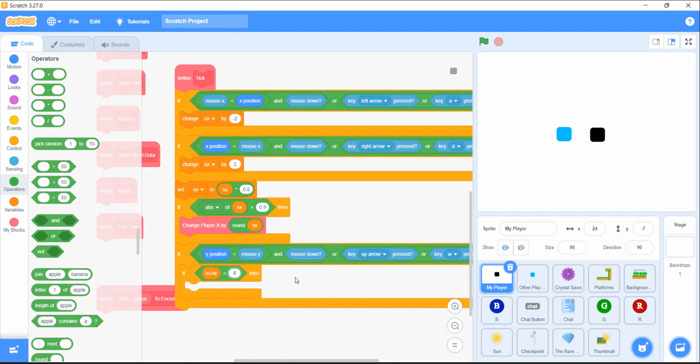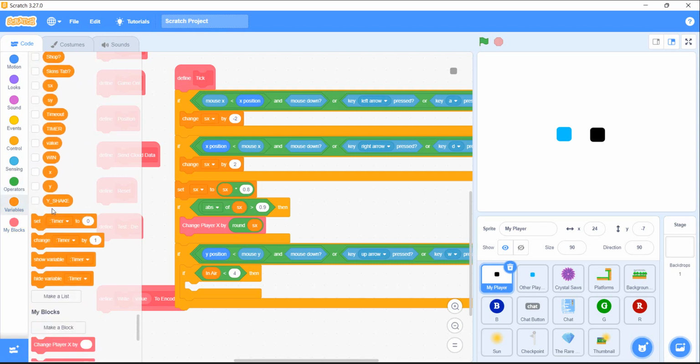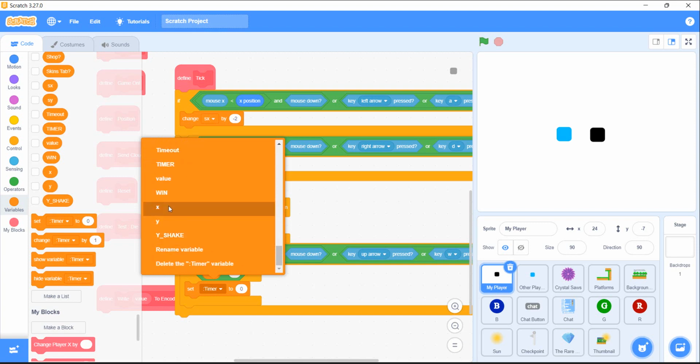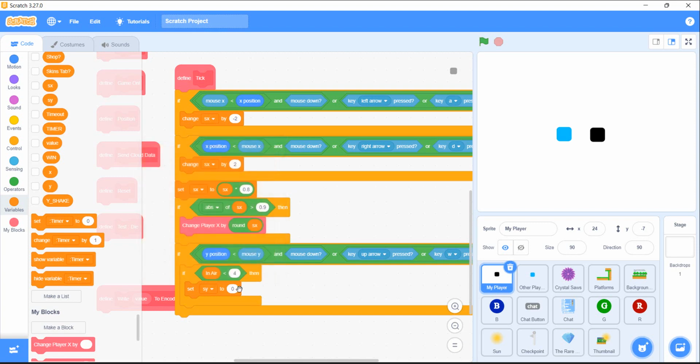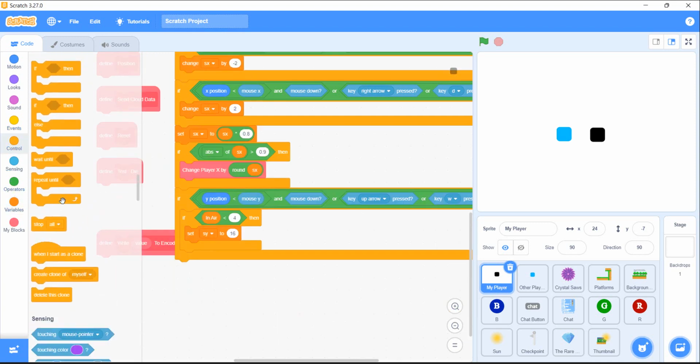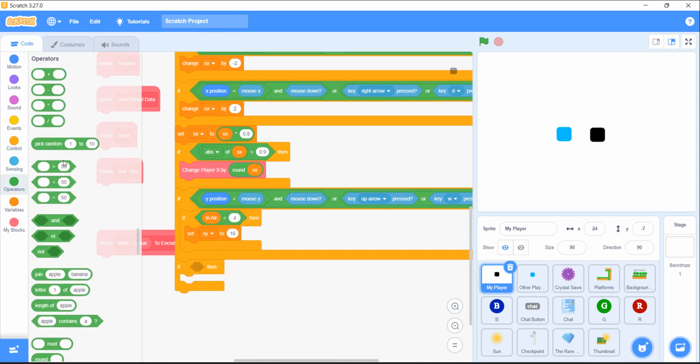and then make 50 to 4, then go to variables and set SY. We need to set SY to 16. Then go to control and get another if block, then go to operators, if SY, then go here,